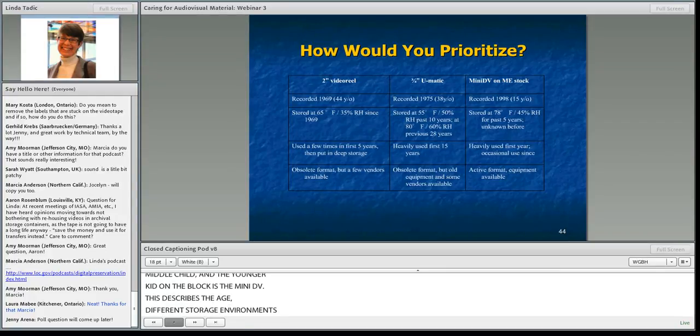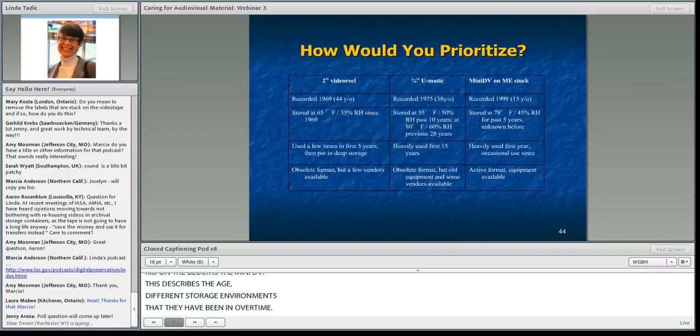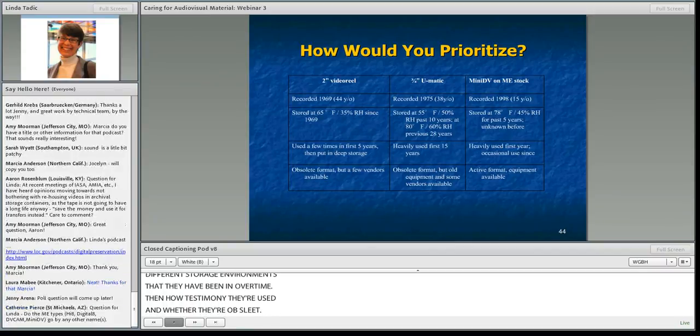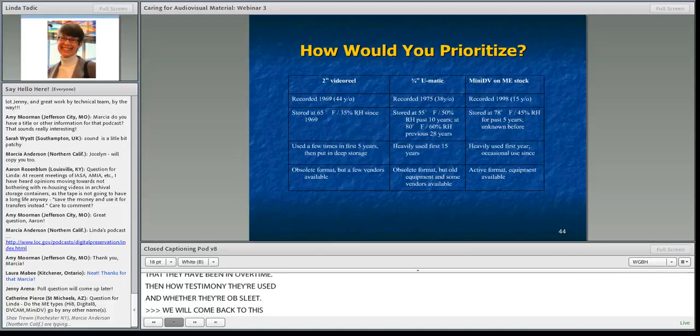So we're going to come back to this poll at slide 159. Yes, we have 100 more slides to go through, but it will go quickly, I promise. And at that point, you'll complete the poll, and then we'll see what you all think after hearing about all these various formats.